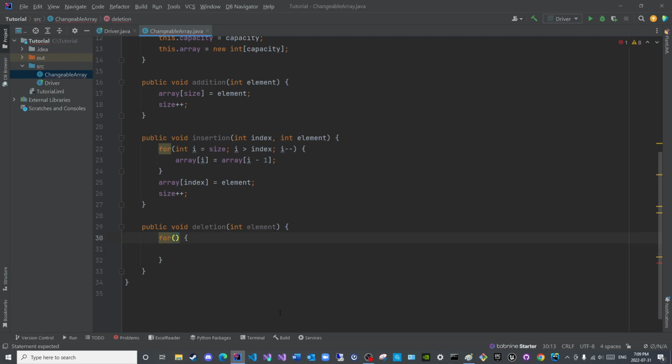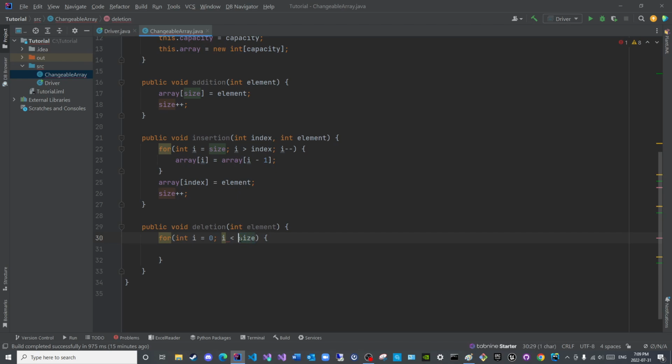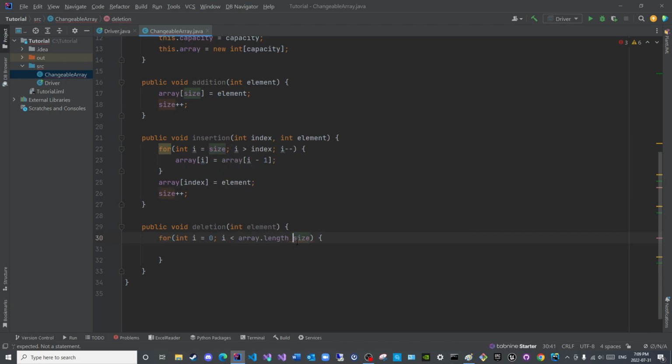But here I will start from beginning to end. So int i will be equal to 0. I forgot the i. There we go. And then i is less than size. Size here is the same as array.length. It is exactly the same,